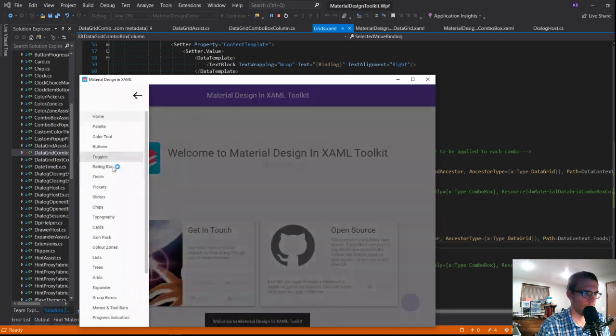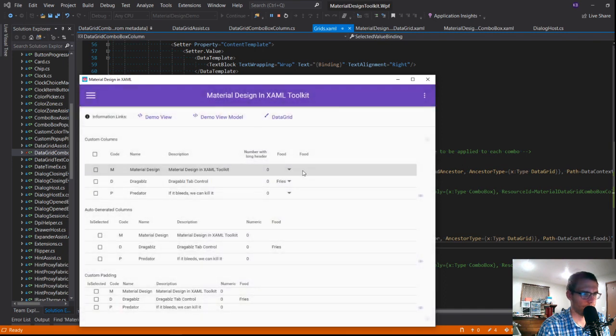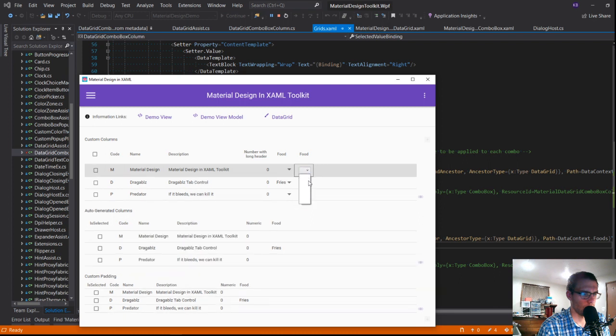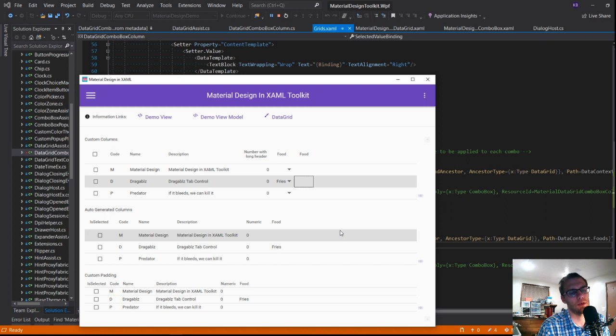Okay, so back over here, if we look at our grids, so the binding fails, but let's see how this works. Interesting. Even that's not letting me in. So the default one isn't working.